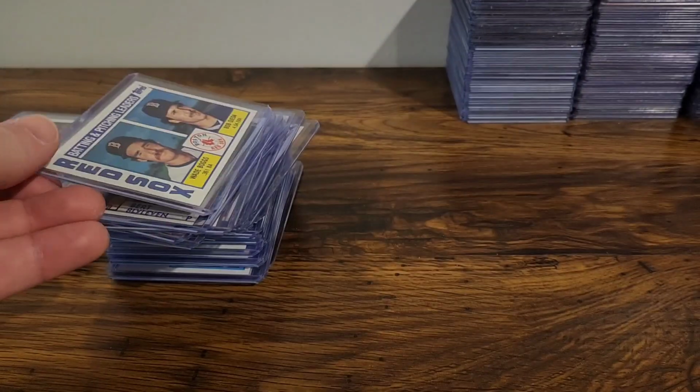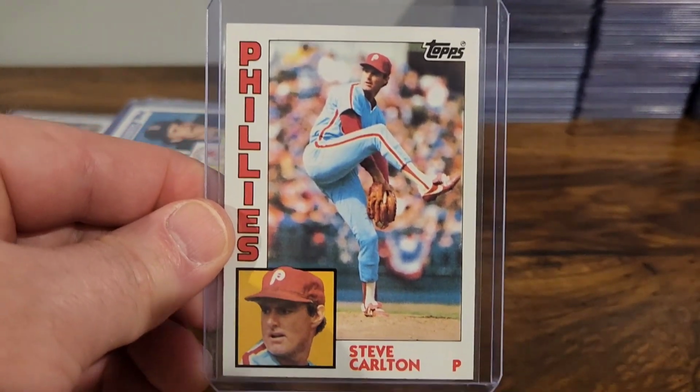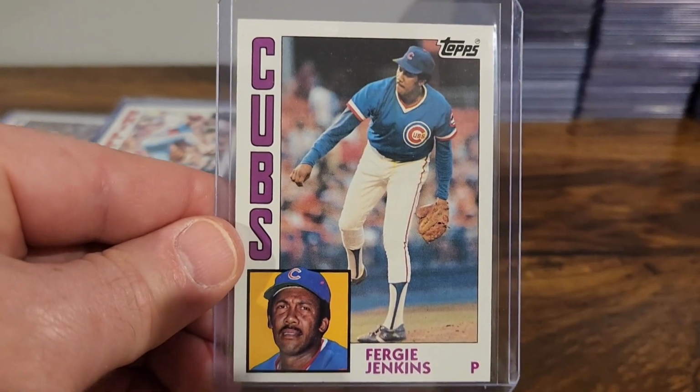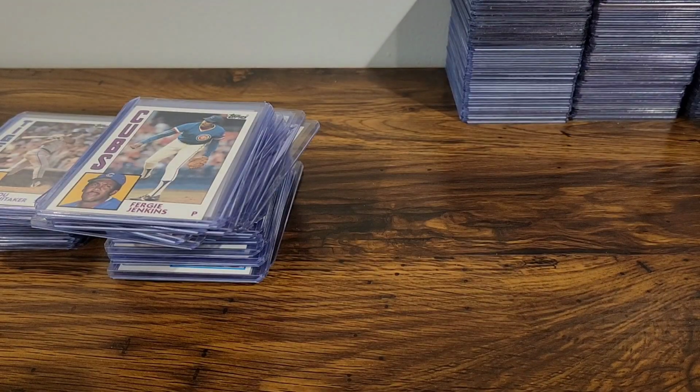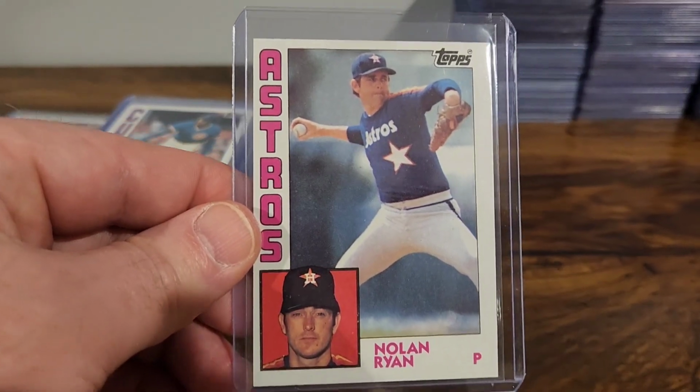Wade Boggs, Red Sox leaders. Lefty, Steve Carlton. Fergie. Here is the Nolan. I have another one of these that I bought at a card shop, I think when